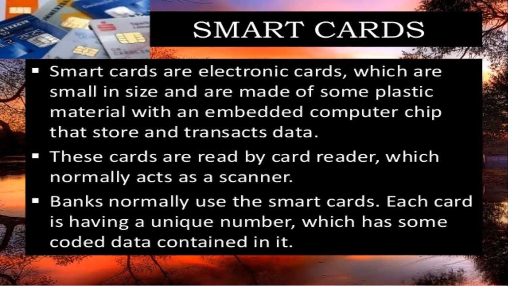With that particular chip, it can read your card, like it acts like a scanner also, because once you swipe, it will get all the data you have, and wherever you have swiped already. Suppose you want to withdraw money, you just swipe your card. With that, the ATM takes the details of your account and withdraws the money. So usually we use smart cards like debit and credit cards in the bank. Each card has a unique number with which we can encode or decode our data, so that it works as authentication. Smart cards are used especially for authentication purposes.